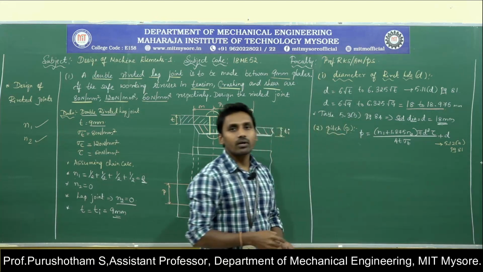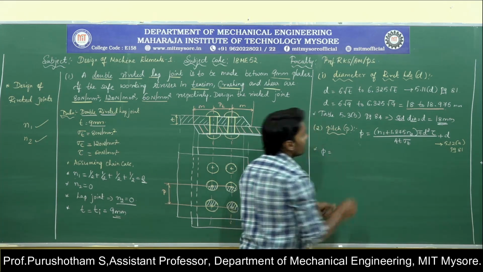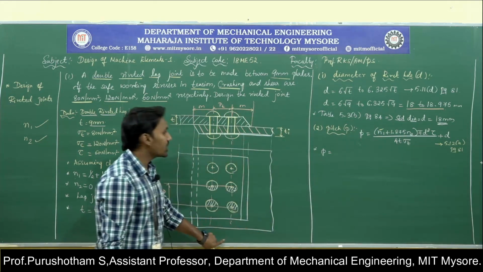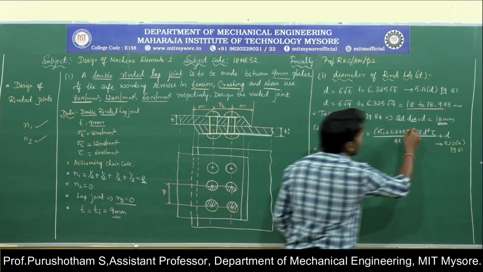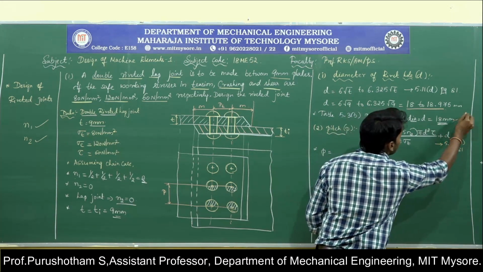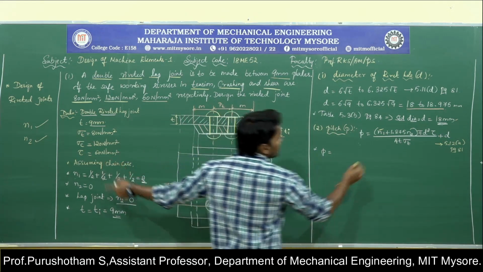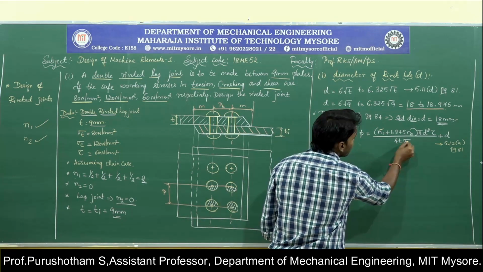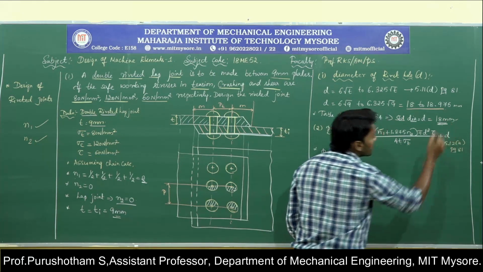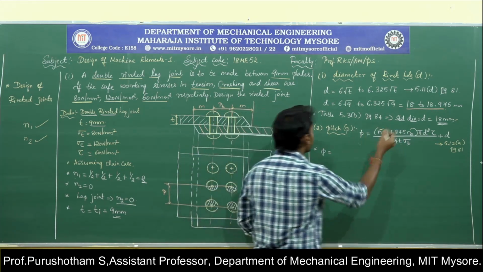Now I am going to substitute the values here. In this equation, the N1 value is known. From the figure we calculated the N1 value and N2 value also. Then d is the standard diameter of rivet hole, which we just calculated; tau is the shear stress, which is given data; t is the thickness of the plate, also given; sigma t is the working stress in tension, also given. So all the terms are known, and we can easily calculate.